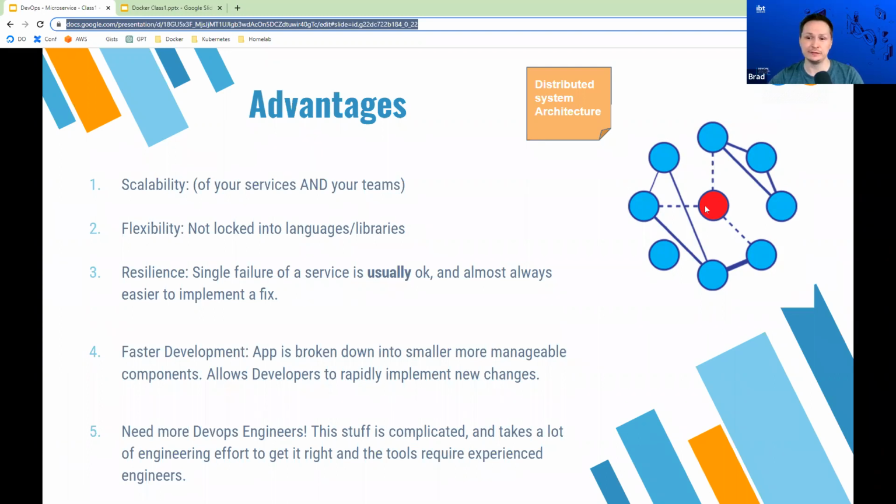We have to figure out how we break down our monolithic application into microservices. We have to containerize that microservice. We have to orchestrate it across many different servers. We have to add observability. It gets quite complex, so it creates a lot of opportunity in the field.